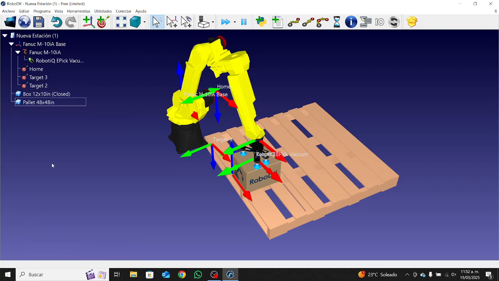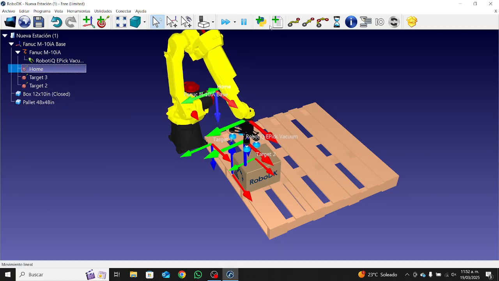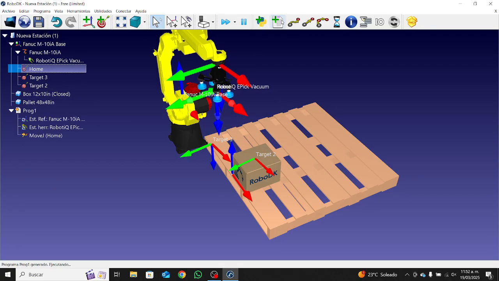Let me erase because there is a problem. Let me select this, the FANUC, and select the program. I don't know what is happening here. Let me see. That's it. As an option, select the home position, for example, and add the program. As you can see in the other options that I have, it gave me a mistake. So the home position is going to be the first one. So I have to move to the second position